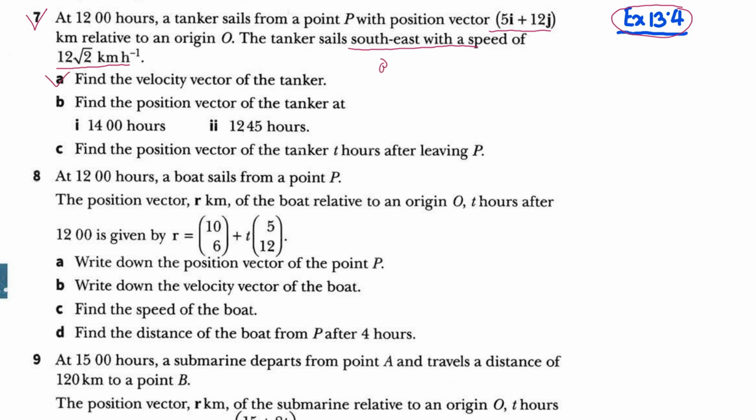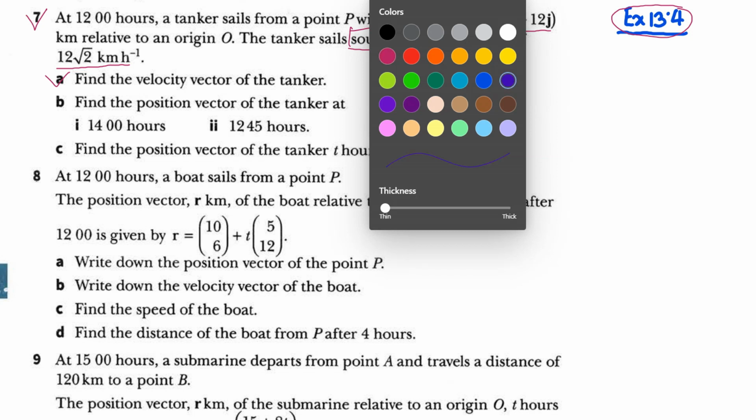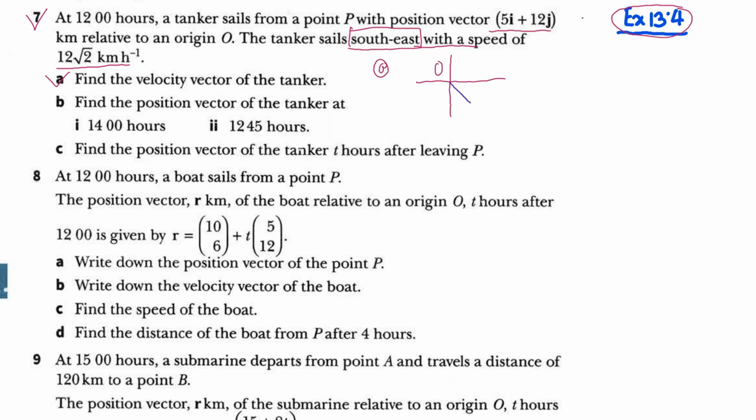So the first question we are trying to solve, we needed to draw a diagram because it's moving southeast direction. So what is the southeast direction? Say it's the center. From center, if we move to the southeast direction, then actually it is going like this. In that direction it is moving by making 45 degree with the y-axis and 45 degree as well with the x-axis angle, because in that corner it is moving. We know this is south and this is east in our copy. So if the value is given, let you write